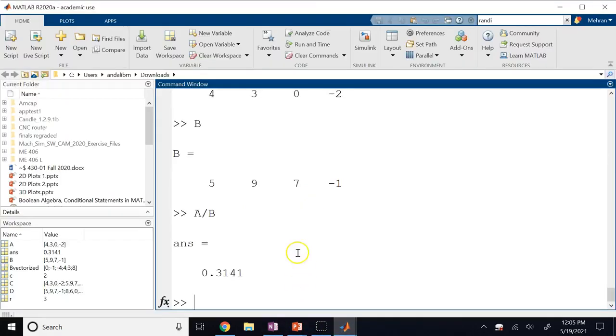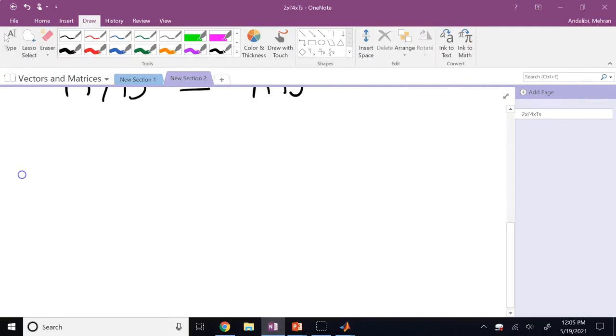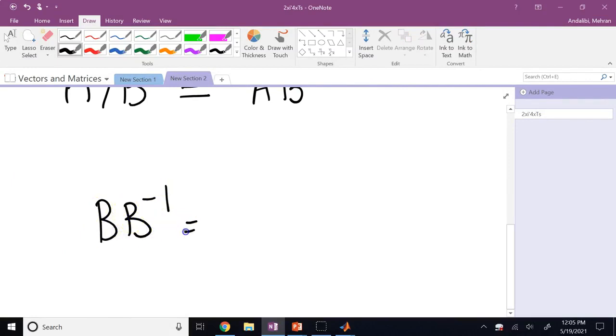So I have to invert B and then multiply it by A. By the way, a matrix can have an inverse. An inverse, as you know, means a matrix that if you multiply it to your matrix from left or right, the result is what we call the identity matrix, correct? So B times B inverse is the same as B inverse times B, and it's equal to the identity matrix